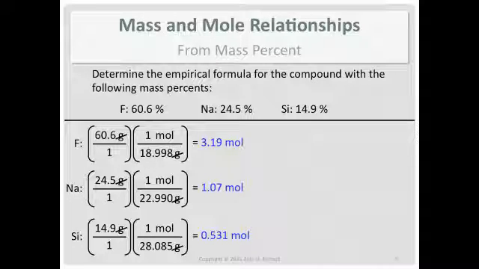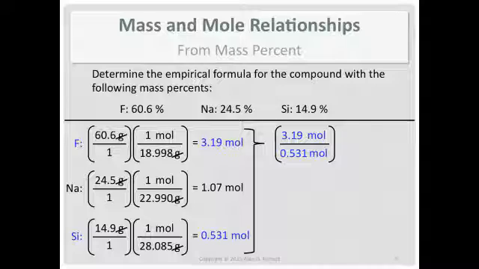We need to pick one of these for our comparison. These mole values need to be relative moles. Now, which one of these 3 do you want to pick? Well, you always pick the smaller one. That way, all your mole ratios are guaranteed to be at least 1. So let's compare fluorine to silicon. And when you do the math, the ratio of the moles of fluorine to silicon is a little over 6.